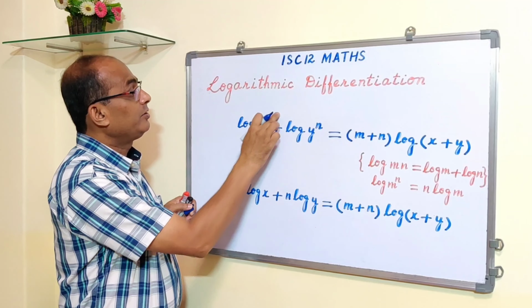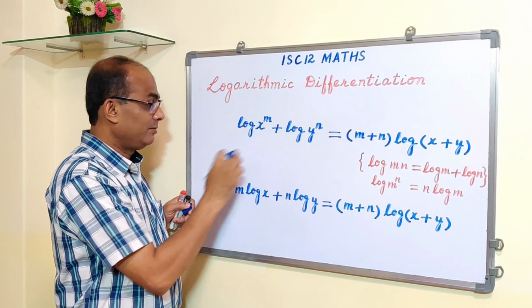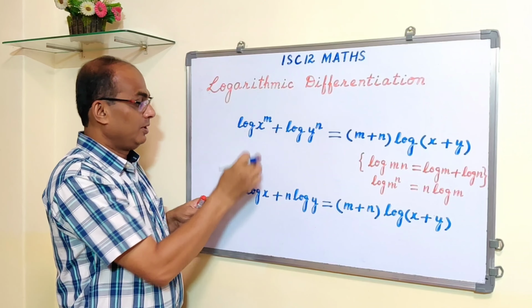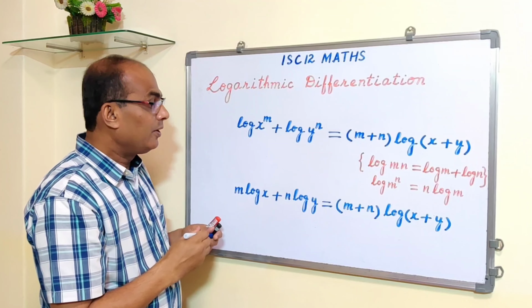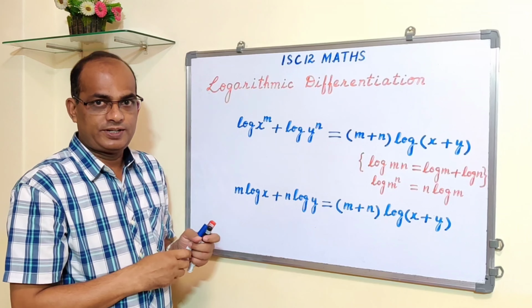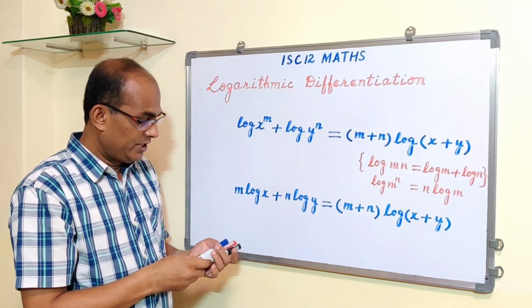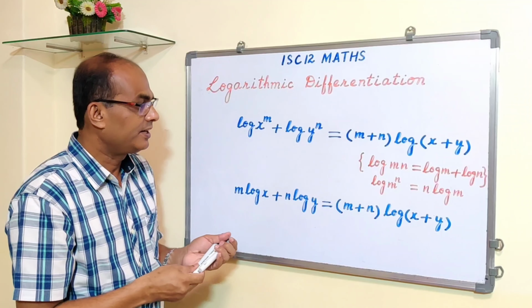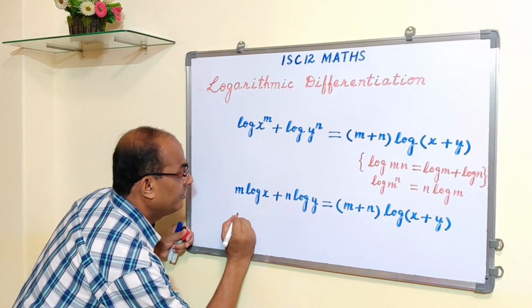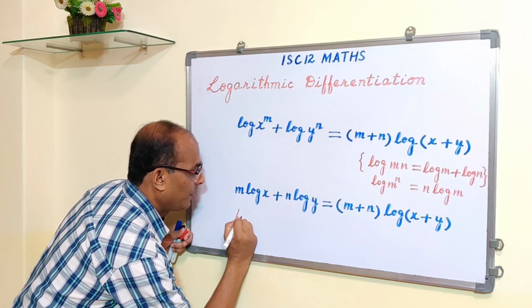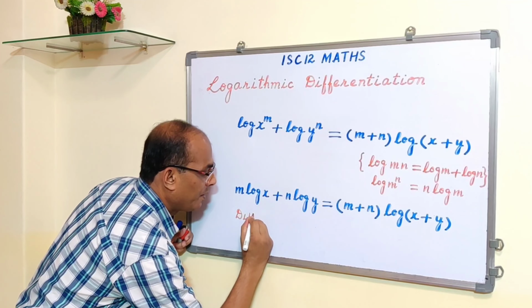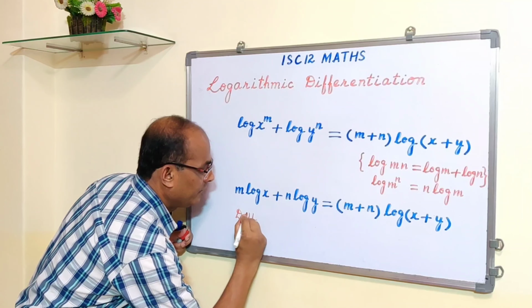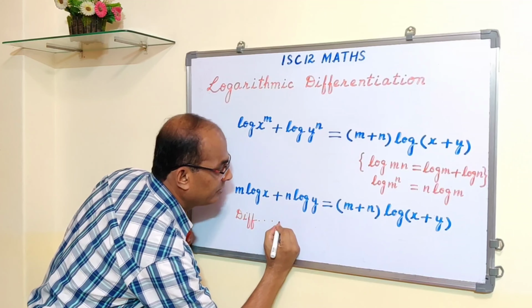Same formula, log m raised to power n is equal to n log m. This index comes outside, right? Power. So m log x, this formula we are using. Clear? Okay, now we differentiate. So on differentiating both sides with respect to x, we get